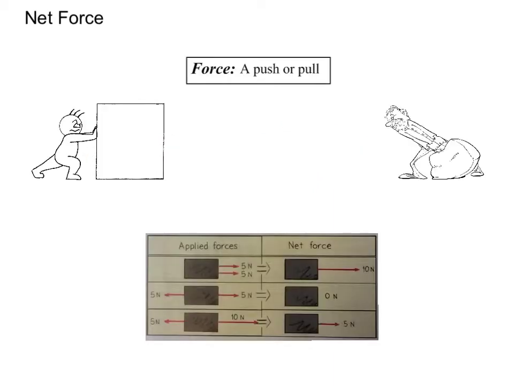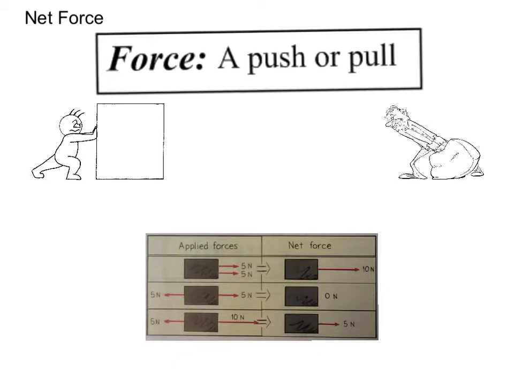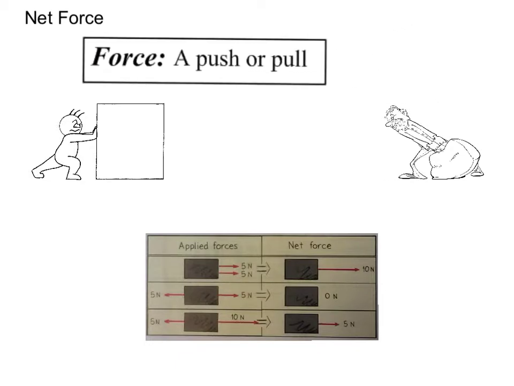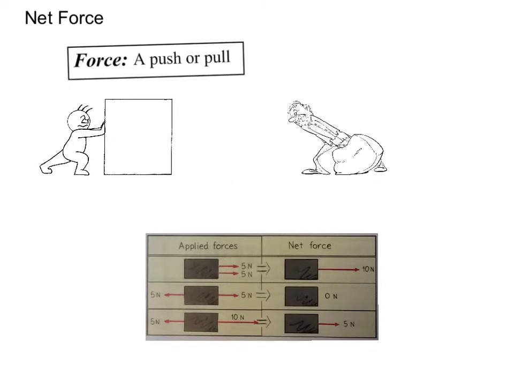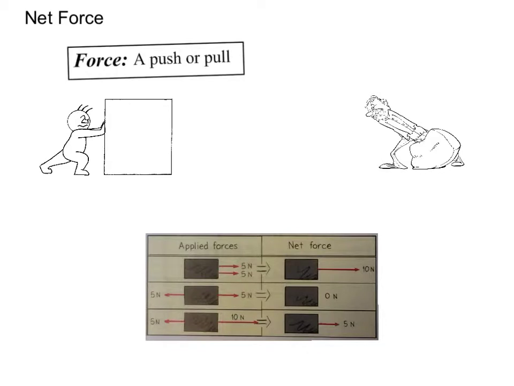So changes in motion are produced by a force or a combination of forces. A force, in the simplest sense, is a push or a pull. Here we have somebody pushing a box, and here's somebody pulling a bag. The source of a force can be gravitational, electrical, magnetic, or simply muscular effort. When more than a single force acts on an object, though, we consider what's called the net